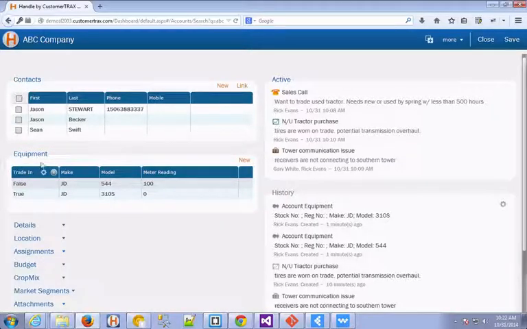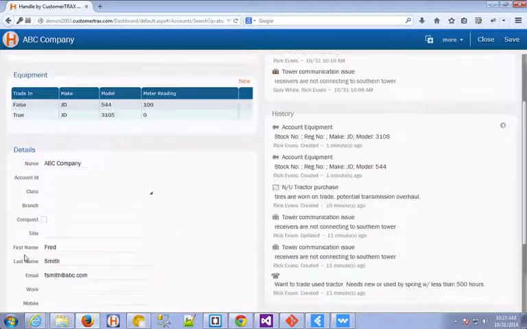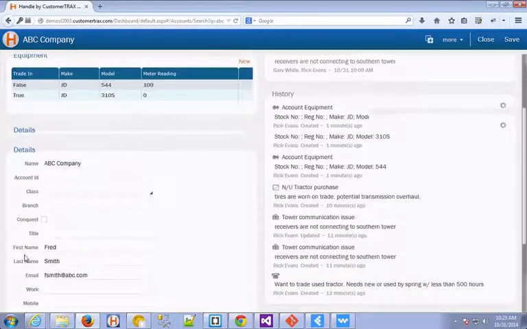So I've moved those sections to the top and defaulted them to expand rather than be collapsed, so that I can get into the contacts or the equipment right away. This is a personal preference, obviously, that each individual user can set on their own. You can see down below, for example, the details area. We have that set to collapse, but if you click on it, you can expand the details and scroll down to see all the information.